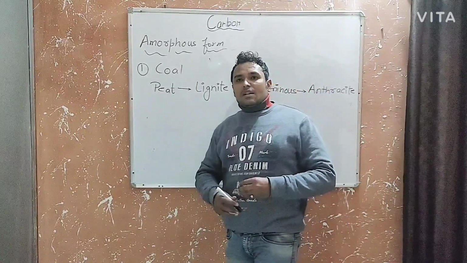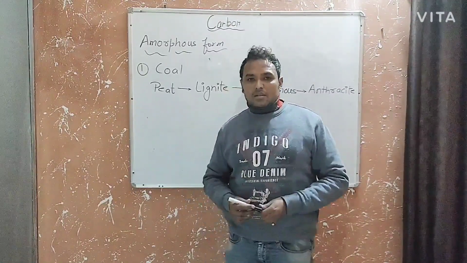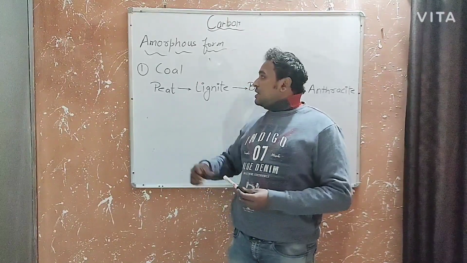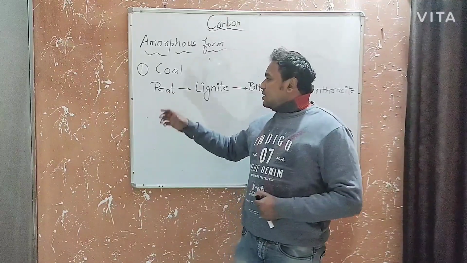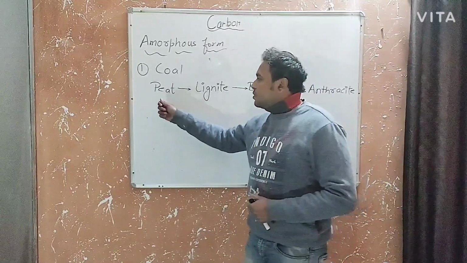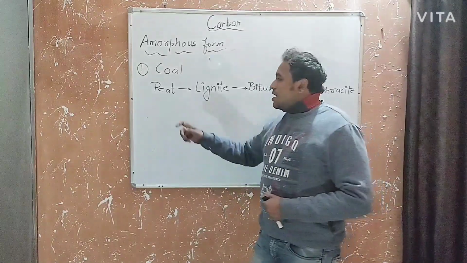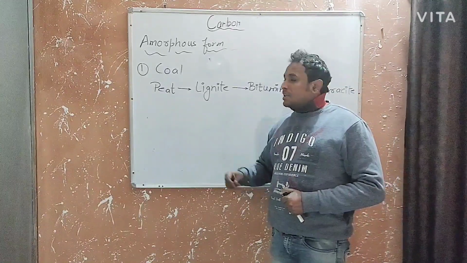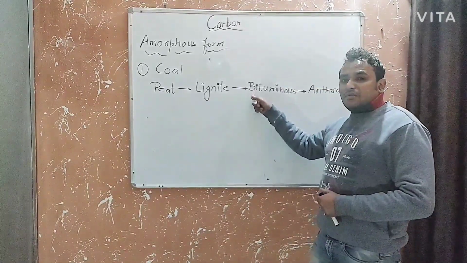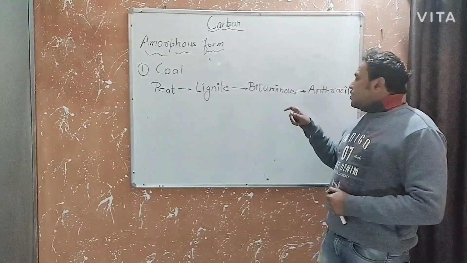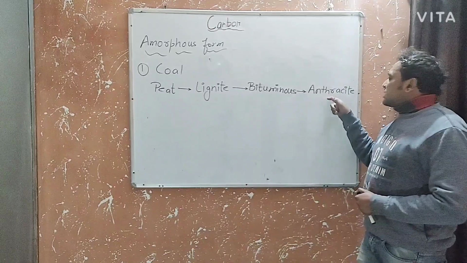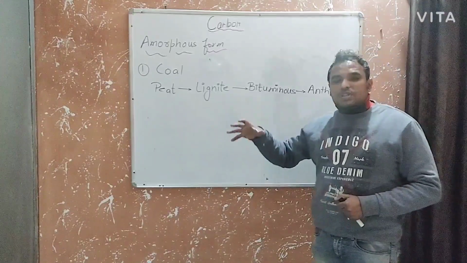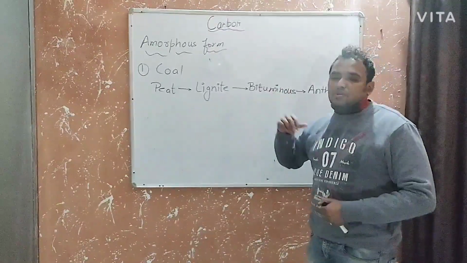It is formed by the slow decomposition of vegetable matter in the absence of air by the action of anaerobic bacteria. So this would convert into the first variety of coal, which is known as peat coal. Peat coal is then converted to the second variety of coal, called lignite coal. The lignite coal is then converted to the third variety of coal, called bituminous coal. And the fourth and supreme variety of coal is called anthracite, which is found very rarely. Mostly the coal which we use these days is bituminous coal.